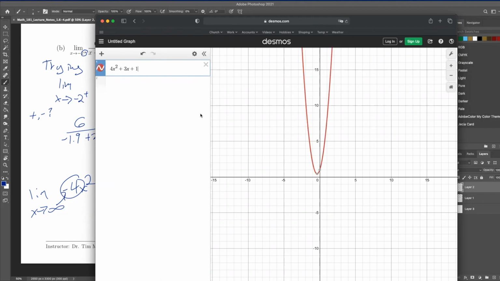It doesn't really matter; we just look at the leading term, whatever's the highest power. If it's positive, as x goes to minus infinity, this term is going to win. This is going to be positive, and this is positive. But if my leading term is negative,